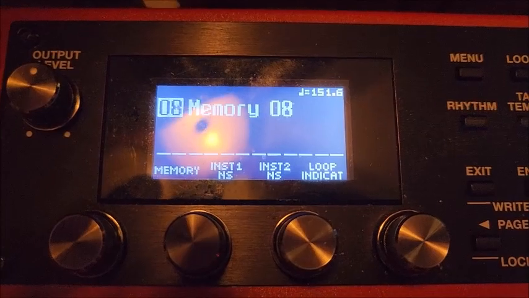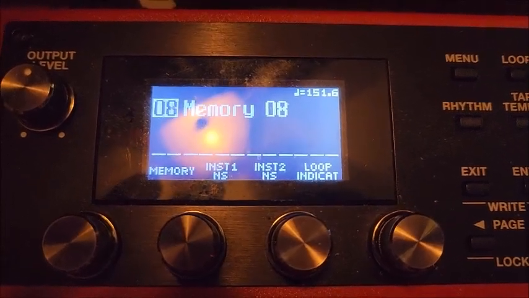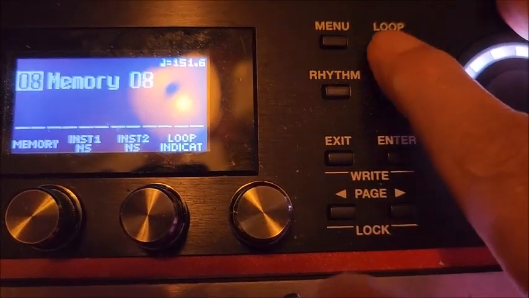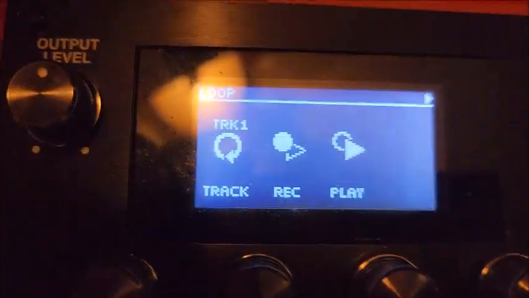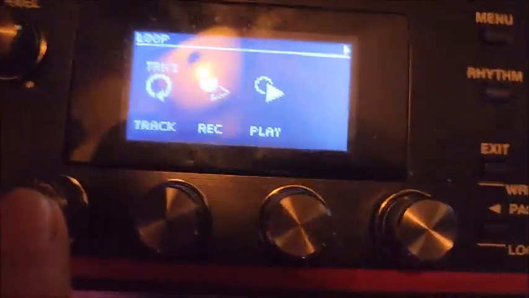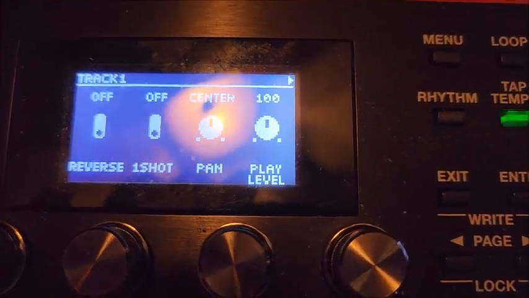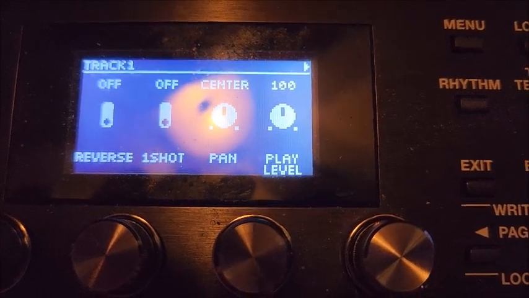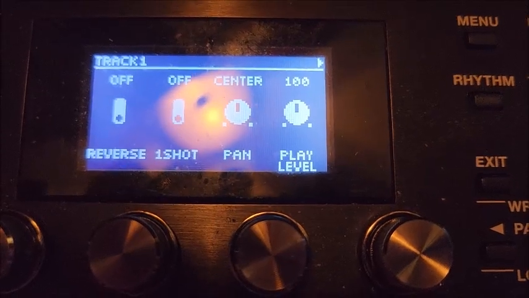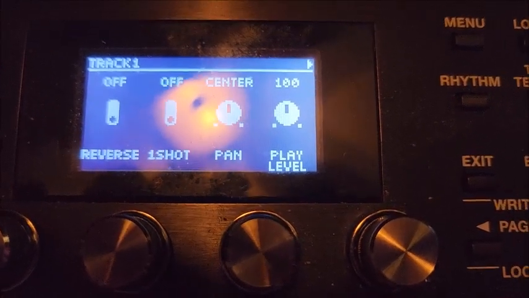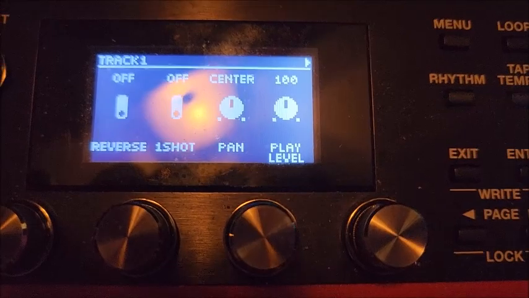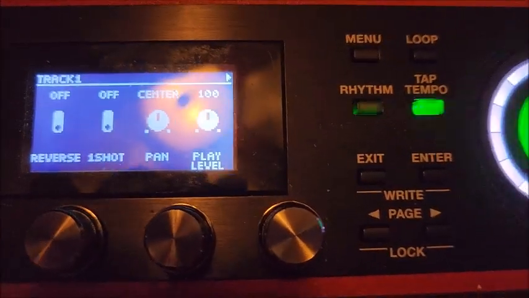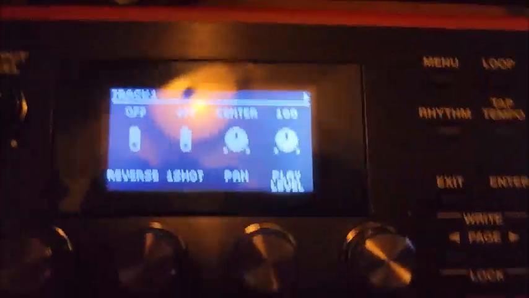Now, the loops are still there, but what happens is if you go into them, the volume defaults back to 100, the centering or the balance defaults to center, and the one shot turns off and goes to loop. And this will happen for all 6 of the tracks in this loop. Every single one. If I back out of this,